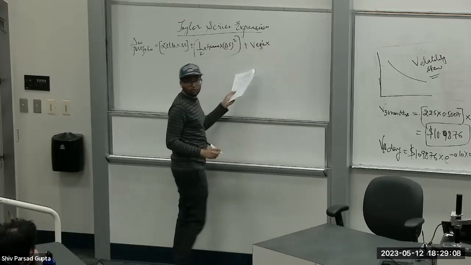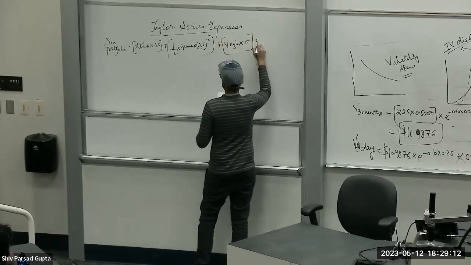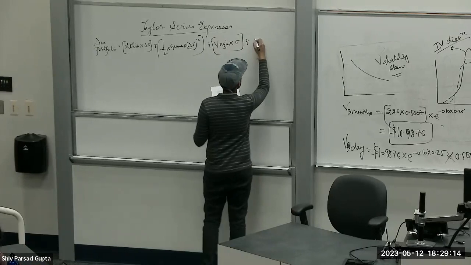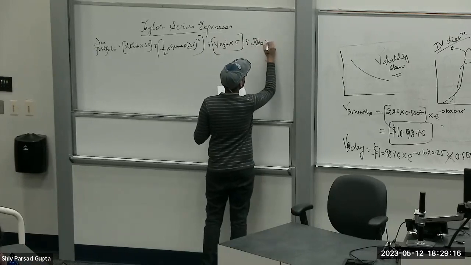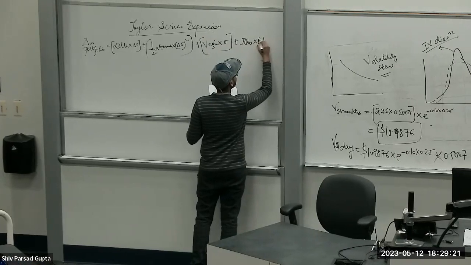Vega is basically with respect to volatility, so we'll be multiplying it with volatility. Then we have rho. Rho is basically with respect to interest rate. So we'll take the change in interest rate square,